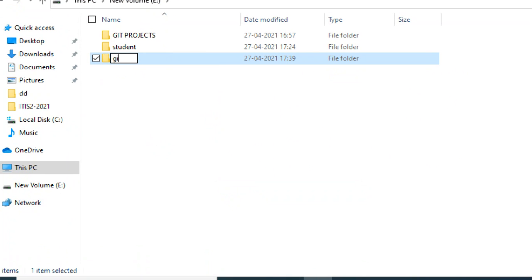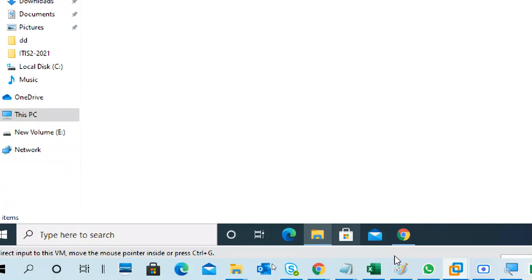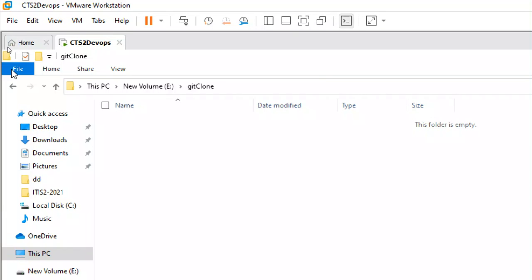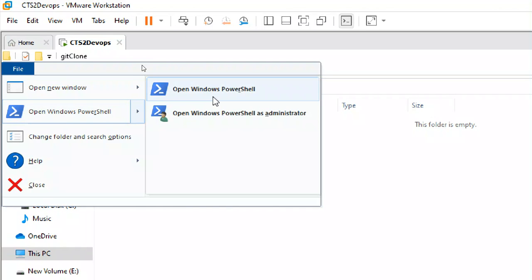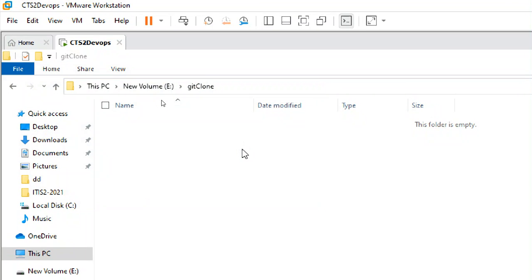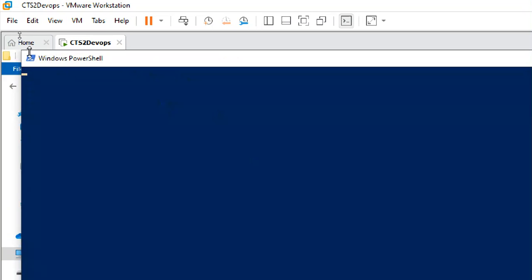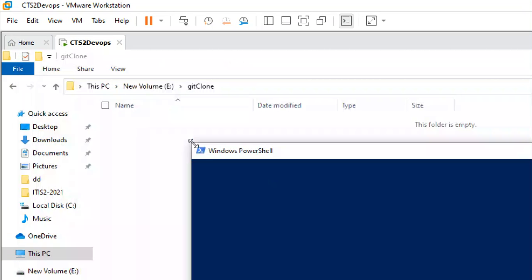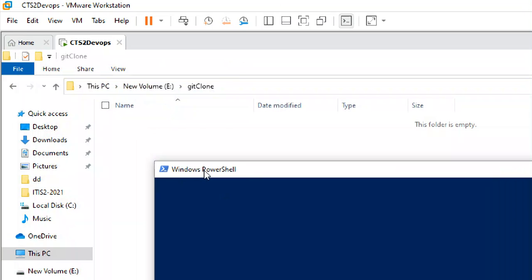So I'm creating a directory, this is the git clone directory. Just inside git clone I'm going to do this thing. Instead of opening cmd, I've opened PowerShell.